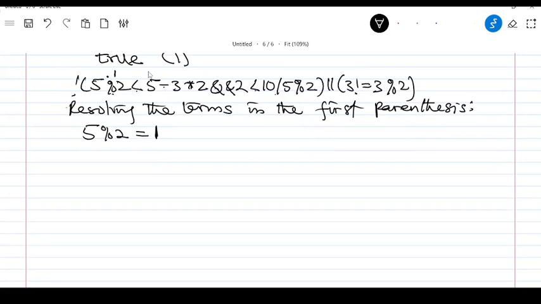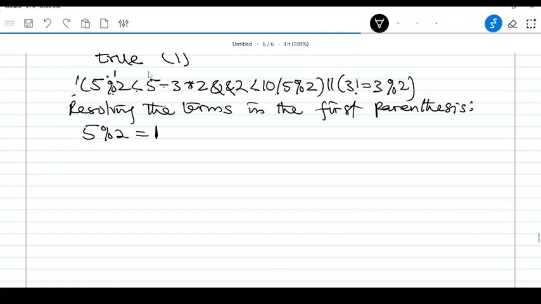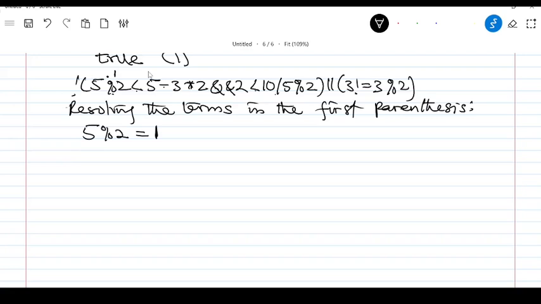Here now we have 5 minus 3, so we're resolving this 3 minus 2. So we have here minus 3 times 2. Minus 3 times 2 is going to be minus 6. Okay, so we now have this, leaving the logical, and then we go again, and then we're seeing 10 divided